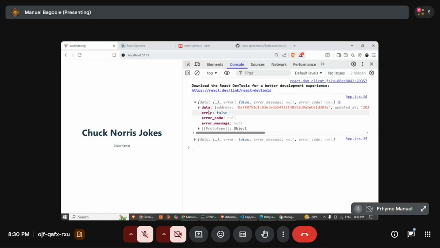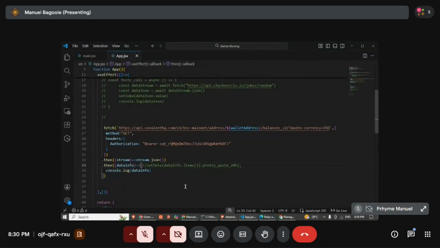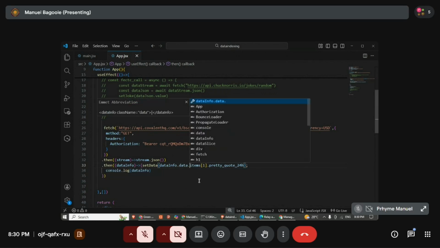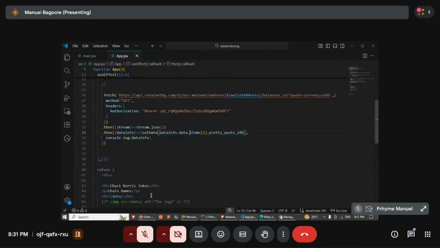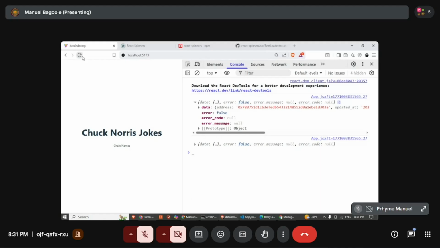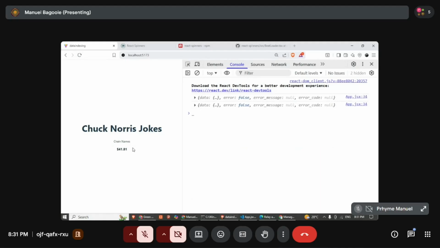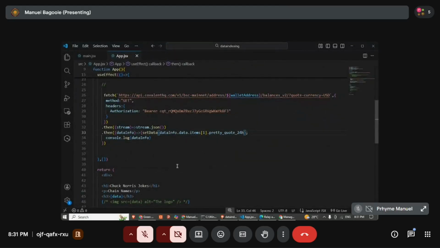Oh, there's actually an array inside called data. Yes, there's an array inside called data. So I was accessing it wrongly, yes. Should be able to display it now. Yeah, $41.81 as you can see there. So yeah, the data is actually being retrieved. Now that was a different endpoint, but that's essentially what we would be doing